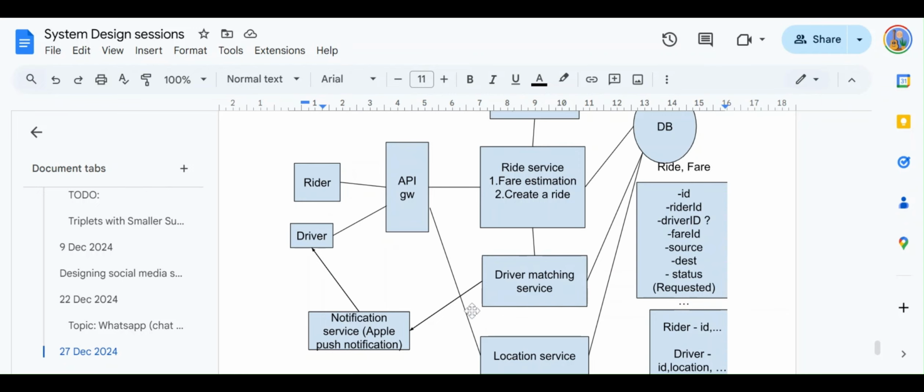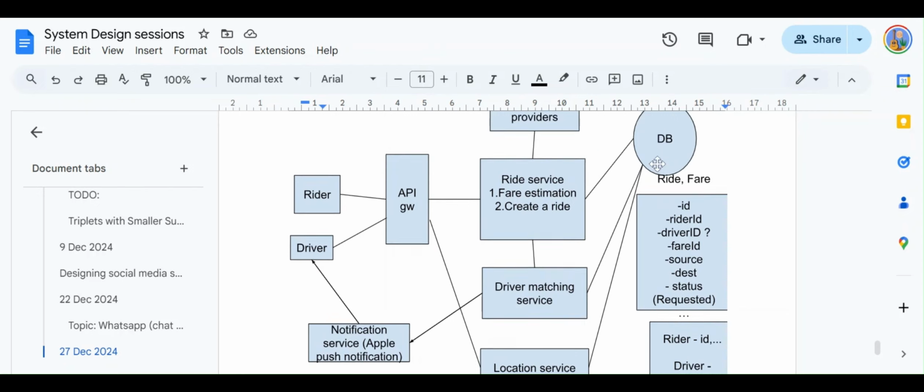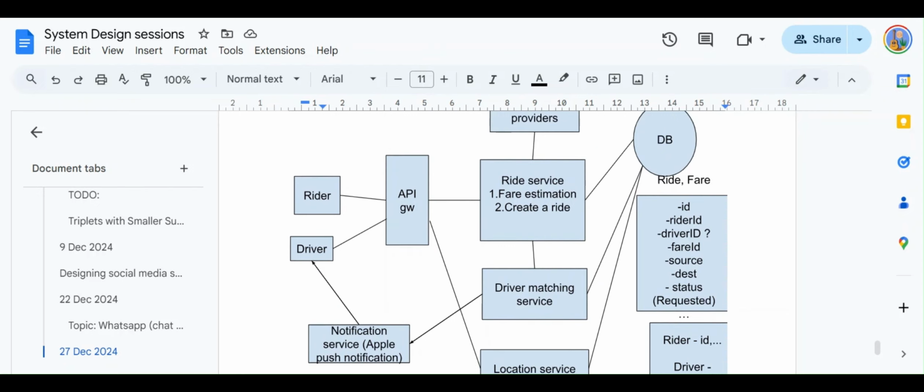So if this instance crashes, another instance will definitely come up. But the instance that crashed was running that timer in the memory, and it had to relinquish that lock. But since it died down and restarted, now that lock is acquired indefinitely. It means that this driver will be blocked indefinitely, and will not be able to accept any rides in future until this lock is relinquished. Does that make sense?